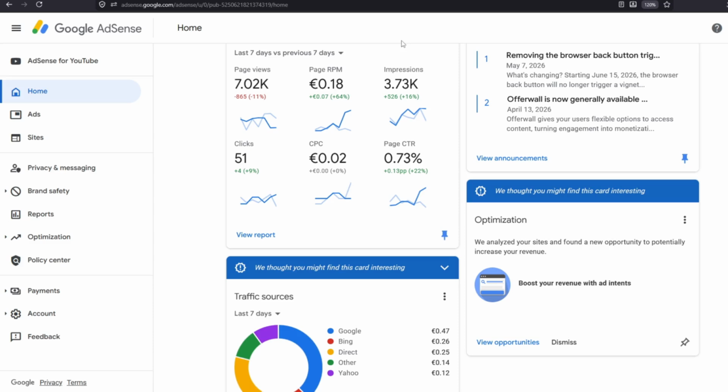In this video, I'm going to show you how you can remove or delink third-party account managers from your AdSense